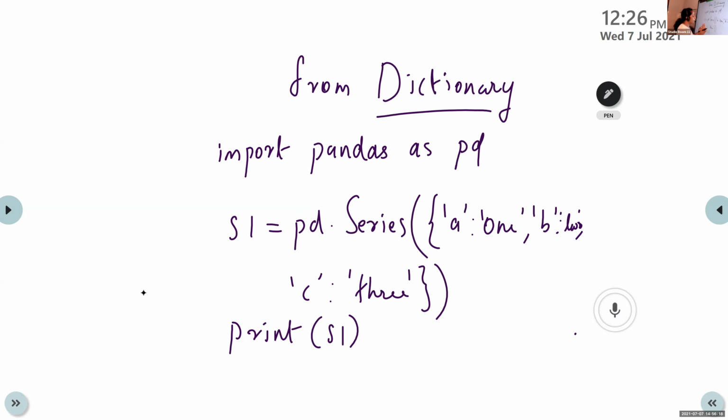So there is no separation for index. Just like our previous series creation, first we would write the data value, comma, then write the index value like index equal to. There is no such statement used here. If we are creating a series from a dictionary, there is no index and data value separation. It is in the dictionary itself, because we are using a key value pair in the dictionary. So in this key value pair, the key is used as the index value and 1 is used as the data value.